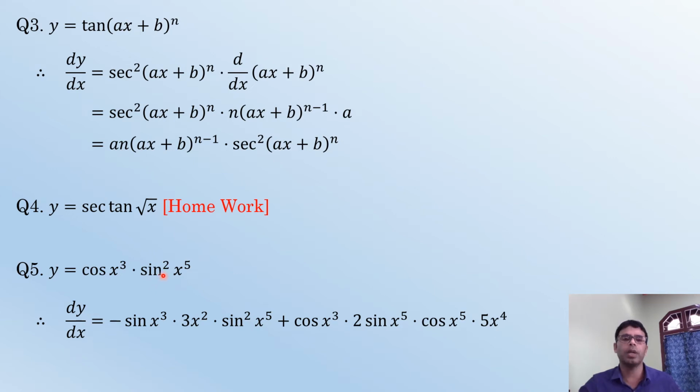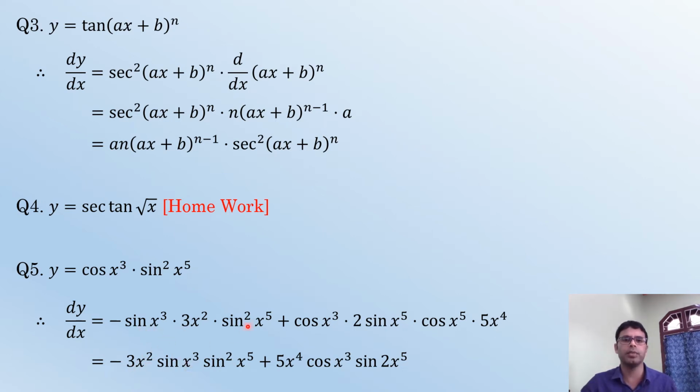So here the outer function is the exponent square, so it is 2 times sine, power decreased by 1, sine x to the power 5. Then times, you are considering sine as x, so the derivative of the sine function is cos x to the power 5, times, now x to the power 5 is considered as x, and that derivative is 5x to the power 4. So just write the simplified line, and that is simply 3x square, negative is here, 3x